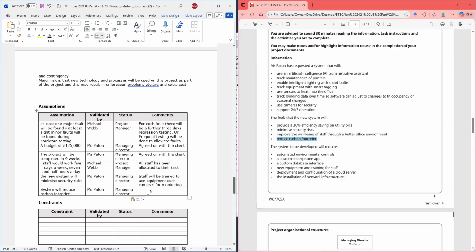And if you look at it, how do we reduce carbon footprint? By automating the environmental control.